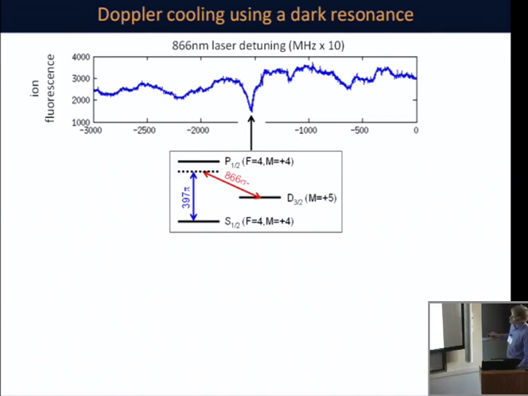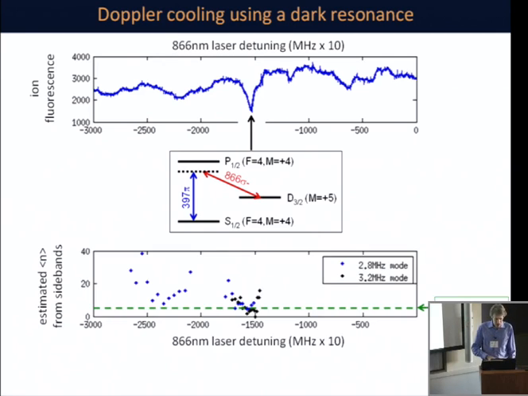This one here is an interesting one because this involves the states right at the high M end of the manifolds here between S1/2, P1/2, D3/2. So the dark state you get here when there's a Raman resonance between the red and the blue laser is of course a superposition of S1/2 and D3/2 states. And with the polarizations we have, there's no way of pumping out of those states. So that particular dark resonance there is properly dark, or should be properly dark. It's also a relatively narrow feature, something like 20 megahertz across. So by sitting in there, we can cool more efficiently than if we're just sitting out here on this much